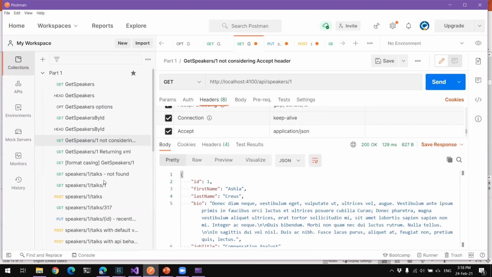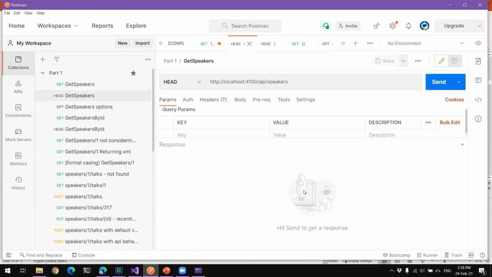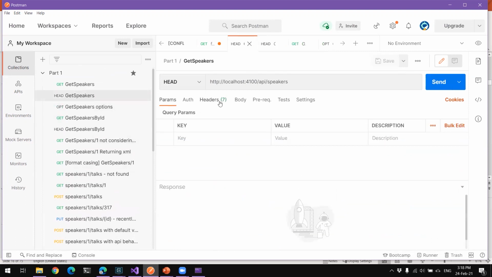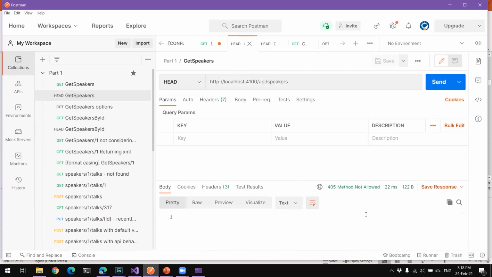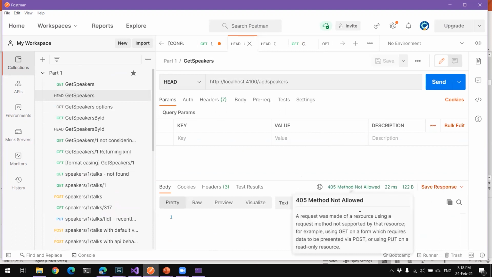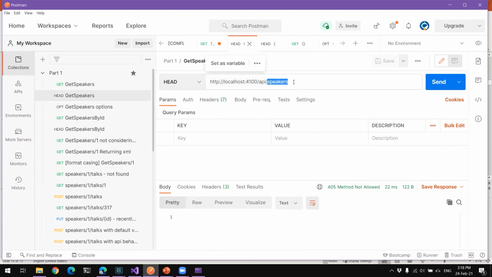Okay, let's see what we can do. The HEAD. We didn't talk about the HEAD. So speakers is the endpoint that returns a list of something, speakers in our case. And if I issue a HEAD request, you'll see that it's method not allowed. Why? Because this is how I implemented it in the code. But if I'm not mistaken, speakers as a collection,